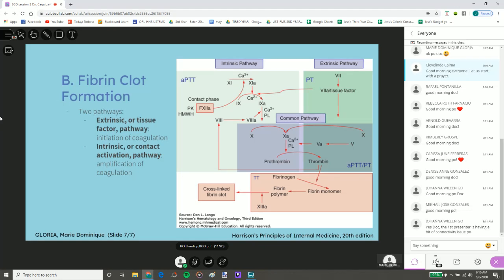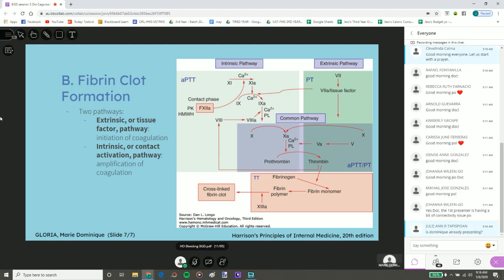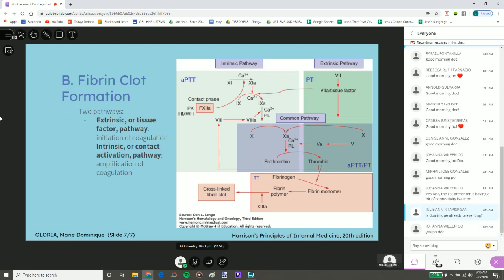So just a quick review, there are two pathways for your coagulation cascade. Your extrinsic or your tissue factor pathway, which initiates coagulation, and your intrinsic contact activation pathway, which is the amplification of coagulation. While we like to think of coagulation as a linear process, coagulation or hemostasis in general is not a sequential or a linear process. They can happen simultaneously, both your primary, your secondary, and even your fibrinolysis system. So to proceed with the discussion,